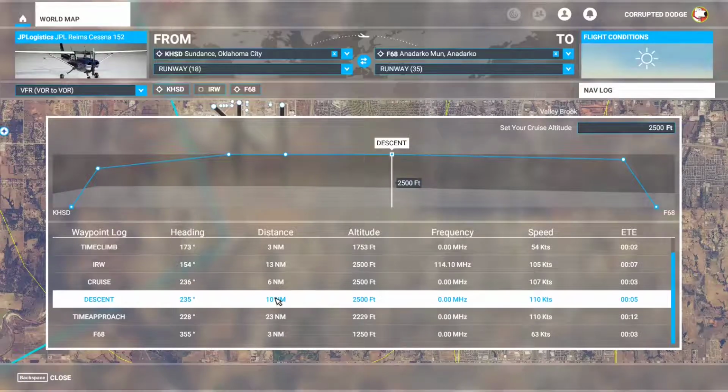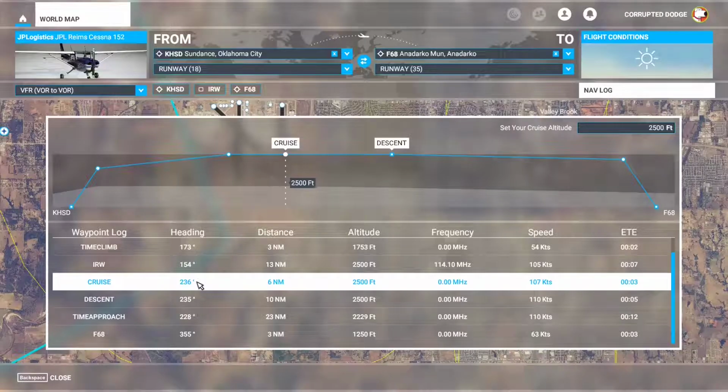It's going to be about 40 miles, give or take. So 42 to be exact. So we know that Anadarko is going to be about 40 miles away from the VOR. So I would say when we cross the VOR and we intercept that new heading, which is going to be heading 236 here,